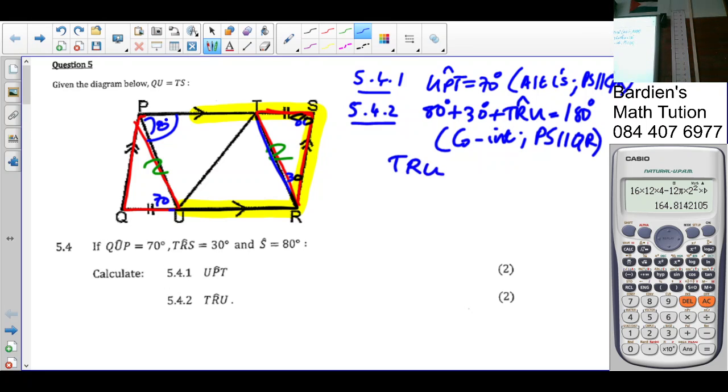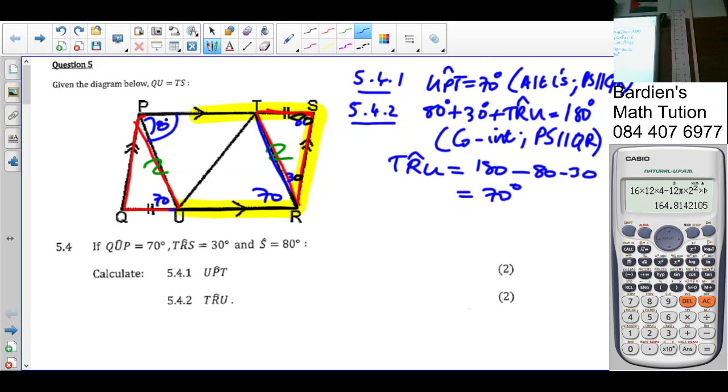So TRU is equal to 180 minus 110. Or 80 minus 30, which is 70 degrees. So people,